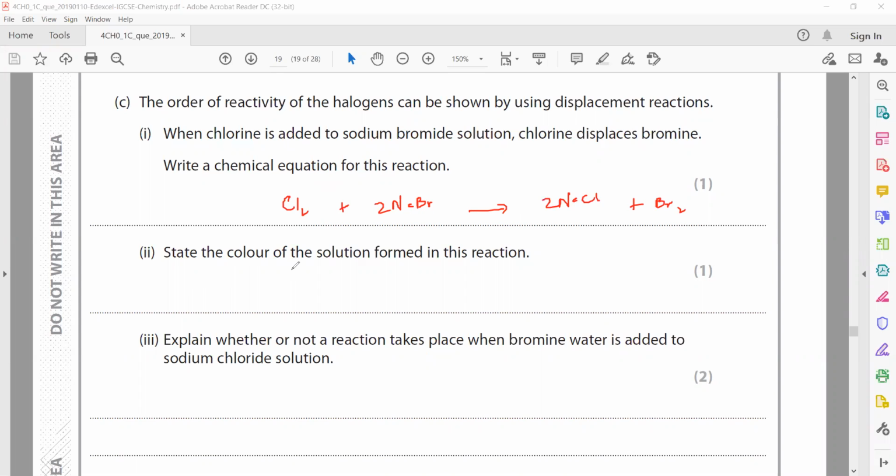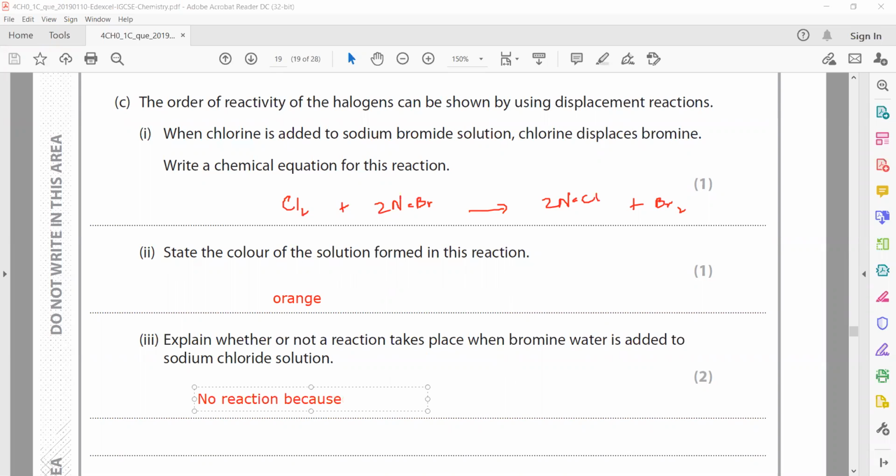State the color of the solution that is formed. So we have bromine, which is formed in aqueous solution, so it will be orange in color. Explain whether or not a reaction takes place when bromine water is added to sodium chloride solution. So there will be no reaction